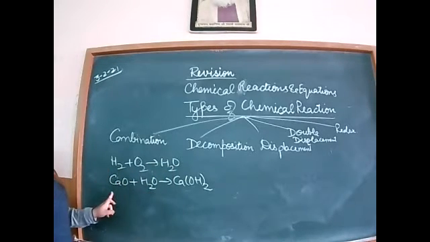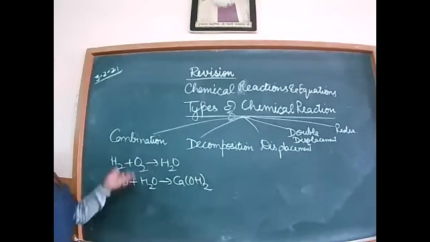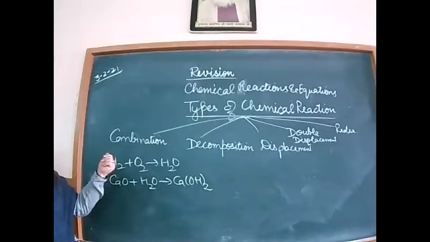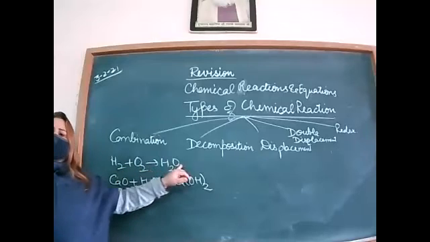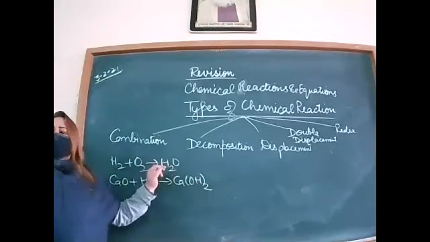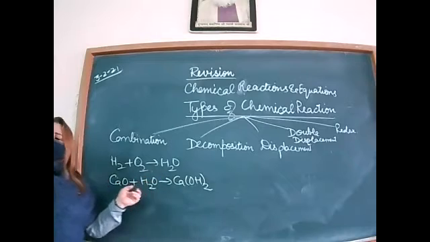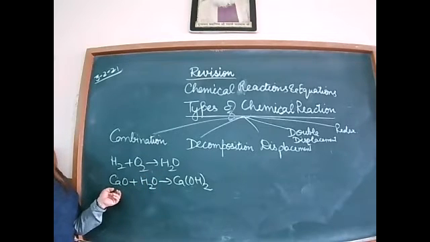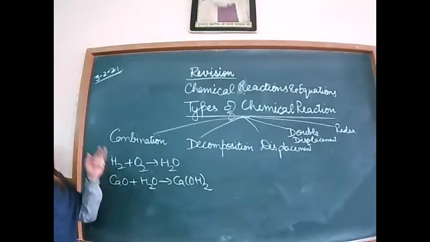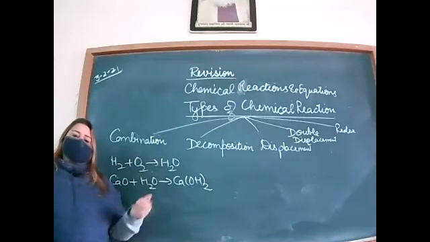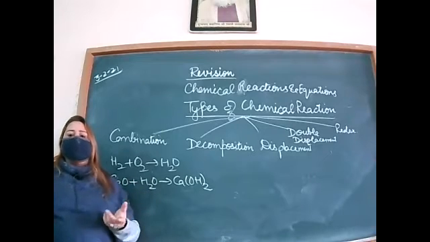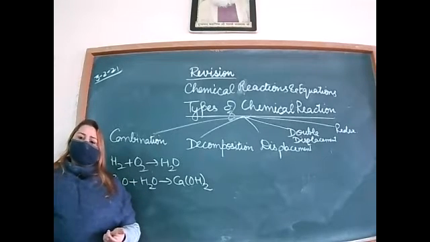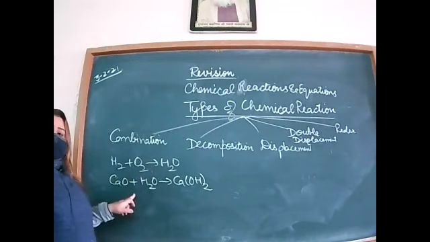Element single, compound, that can also be. You can take magnesium. When elements chemically combine to form a compound, that is called the combination reaction. Fe plus O2 gives Fe2O3, that is the element, that is a combination. Means when two elements or two compounds chemically combine, they form a new product having different properties. That is called the combination reaction. Is it clear?